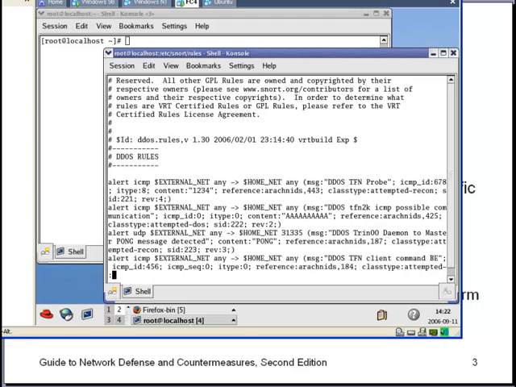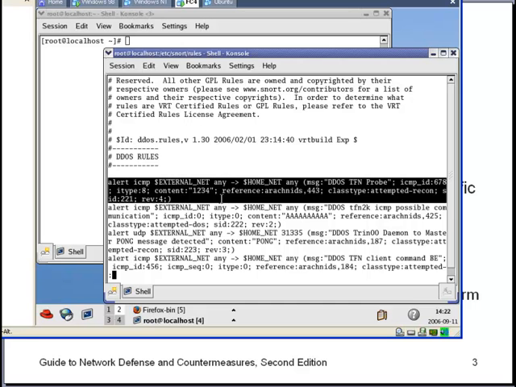Here, and this may not make any sense right now, but it will later on, this right here is a signature. Essentially what Snort does is that each time a packet comes through, it compares it to each of these signatures to determine whether the packet meets the signature requirements. For example, this says that it wants to send an alert when you have ICMP traffic coming in from the outside to anything on the inside network. It wants to send the message DDoS Tribal Flood Network Probe, and the